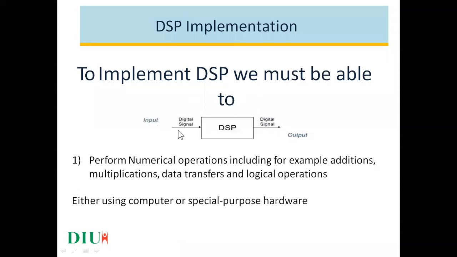The important question here is how we get the digital signal. Is any converter required for the conversion of an analog quantity into a digital quantity? That is what we need to study first, the analog part, and then come to the digital part. So what is going to happen in this DSP processor?